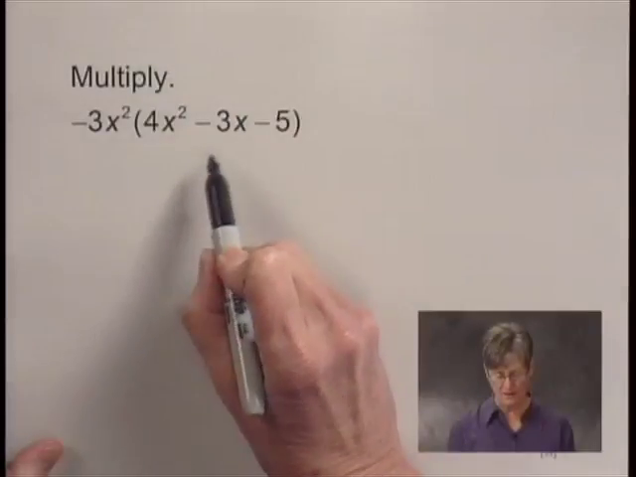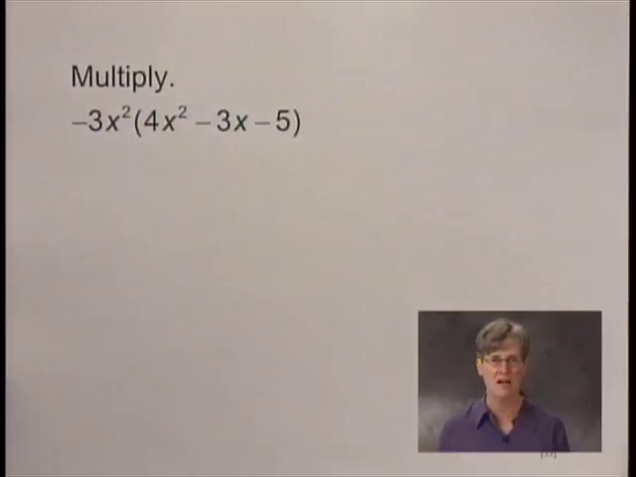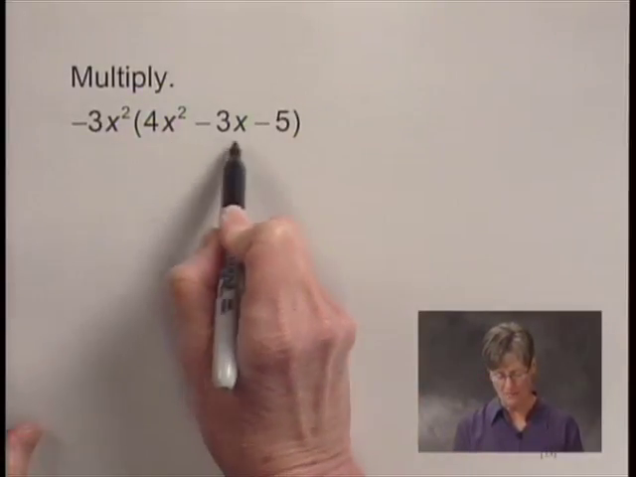This is a multiplication problem. We're going to multiply negative 3x squared times the quantity 4x squared minus 3x minus 5. And to do this, we'll just use the distributive law, and we'll multiply negative 3x squared times each of these